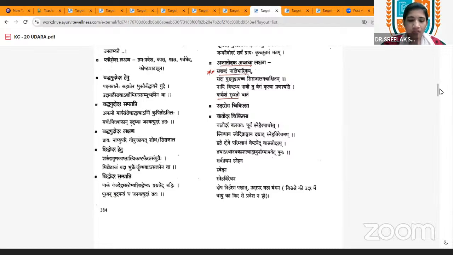And what about the surgical procedure in the Udara? That is also important. In Baddha and Chidrodara, the incision should be made below the nabhi, 4 angula in length. For Jalodara, the incision is 1 angula. That can be done with the Vrihi Mukha, and the draining of this fluid can be done with the Nadi Yantra.